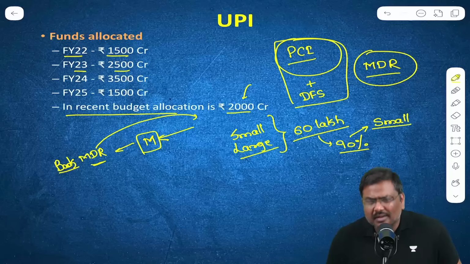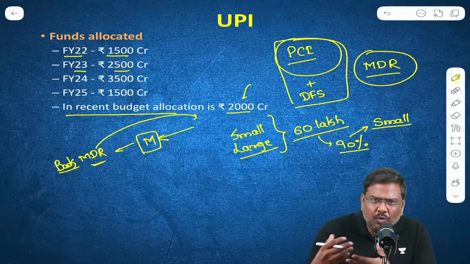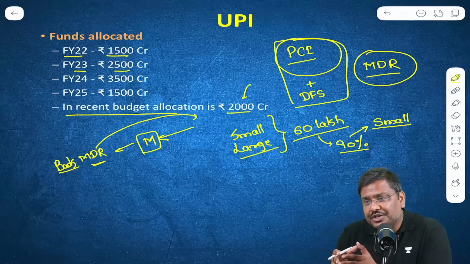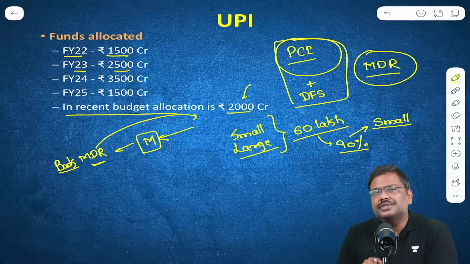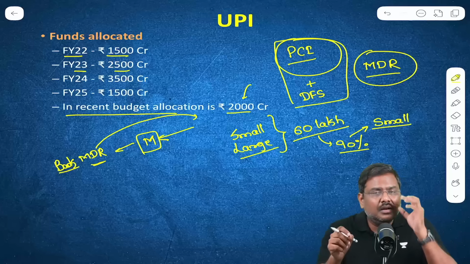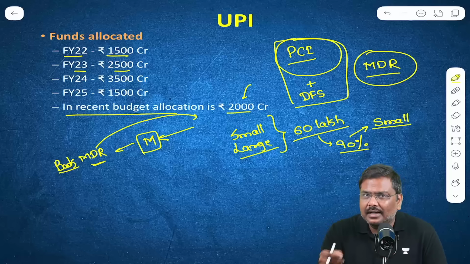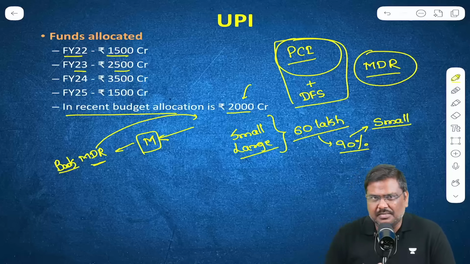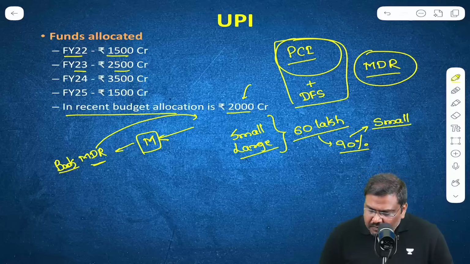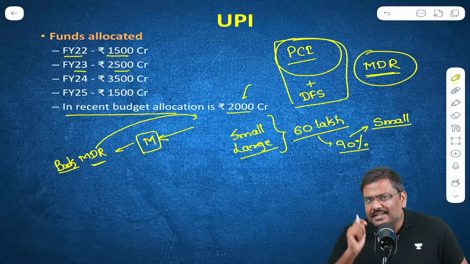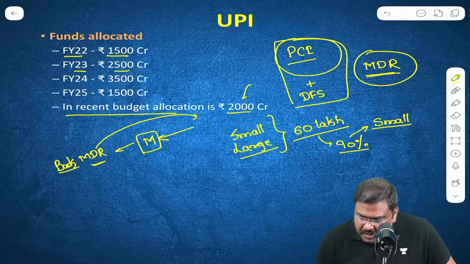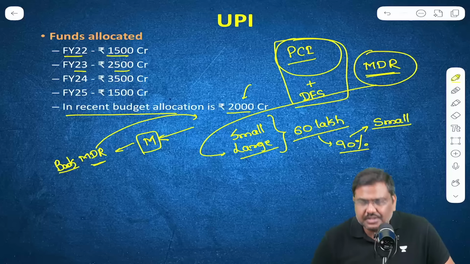And you might be wondering, how can I identify who is a small merchant and who is a large merchant? Traditionally, the threshold that is used is if the merchant has a turnover of up to 20 lakh rupees, they are classified as small. More than that, they are categorized as large merchants. So now the proposal is that we will reintroduce the merchant discount rate, but not on all the merchants. We will target only the large merchants.